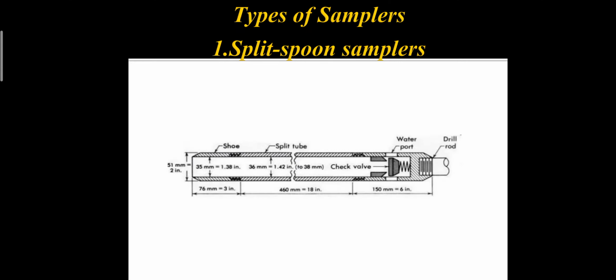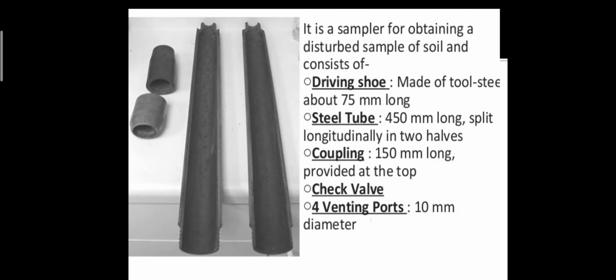Of the 5 samplers, in any 2 samplers they will ask, or they will ask us specifically to explain split spoon sampler and all. Okay, split spoon samplers give disturbed samples. Most of the projects in Chennai will be using split spoon sampler because it is very easy to use, cheaper and fast when compared to the other samplers. இந்த sampler எப்படி இருக்கும்னா, you can see the picture here. இப்படி தான் அந்த sampler இருக்கும்.